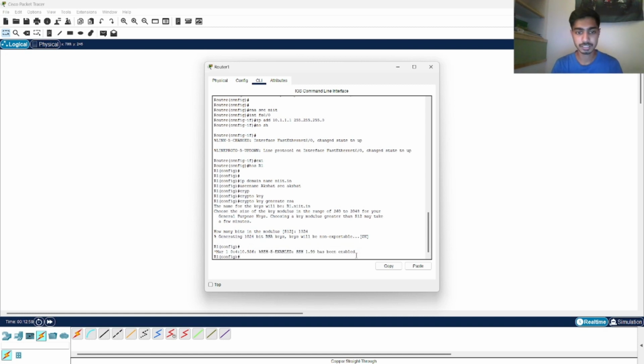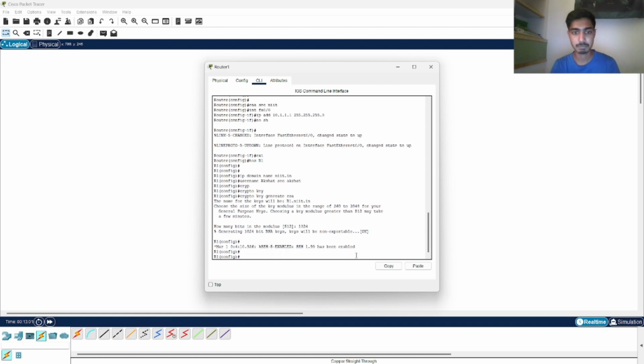Now, after we are done doing this, our next step will be to configure the SSH. Now, in the same way that Telnet has been configured using the VTY command or virtual terminal command, here we also use the virtual terminal command. But in order to tell the router that we are trying to configure SSH, we use an extra command, that is transport input, which tells